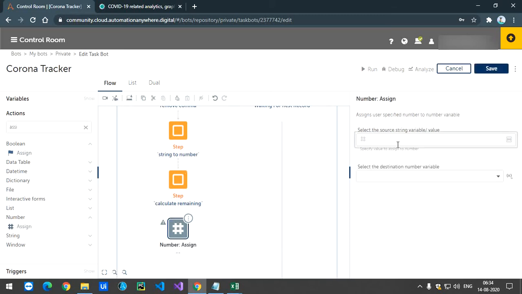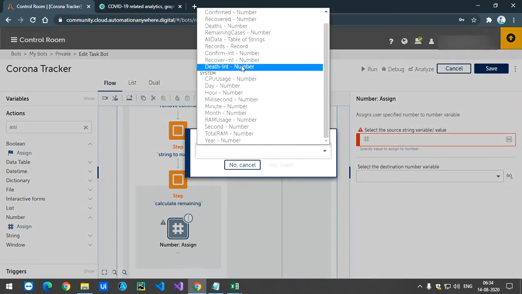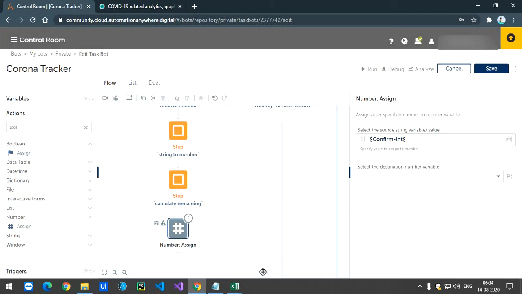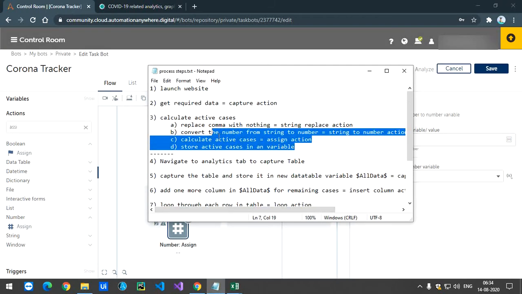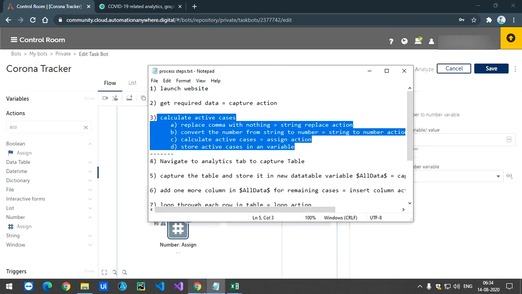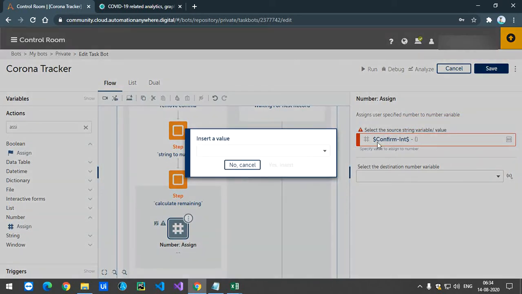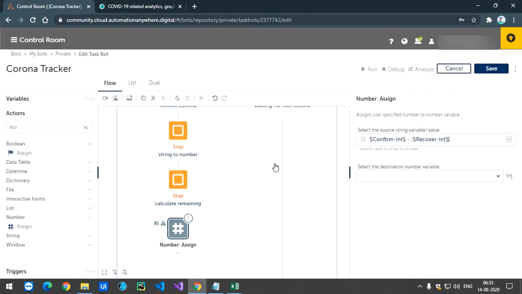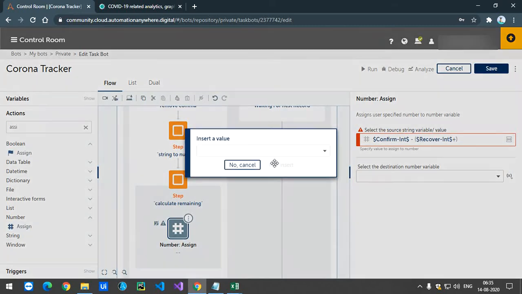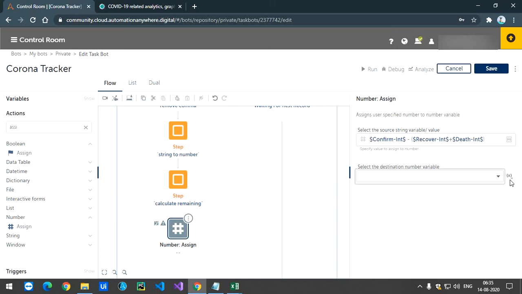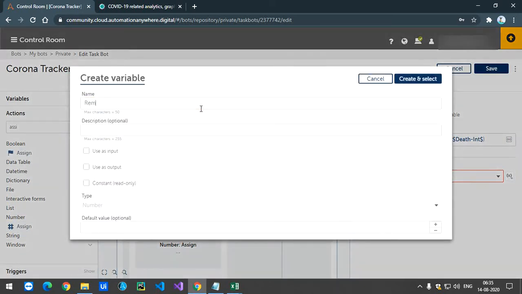Here first is confirm int, like we did in here, in this task calculating the active cases, then minus, in bracket, recover plus deaths. And this number we are going to store in a name. I'll name it remaining slash int.